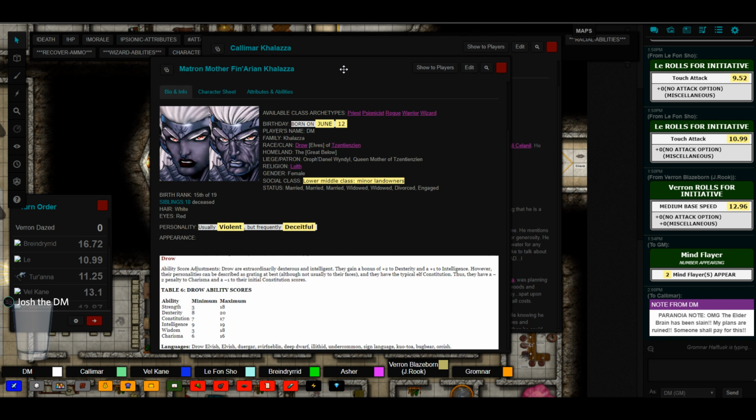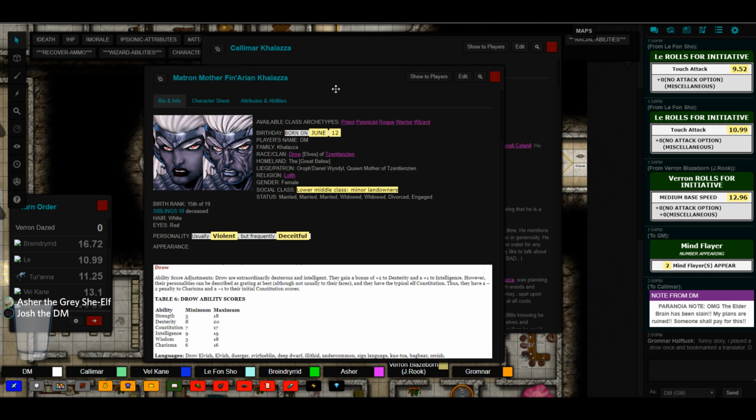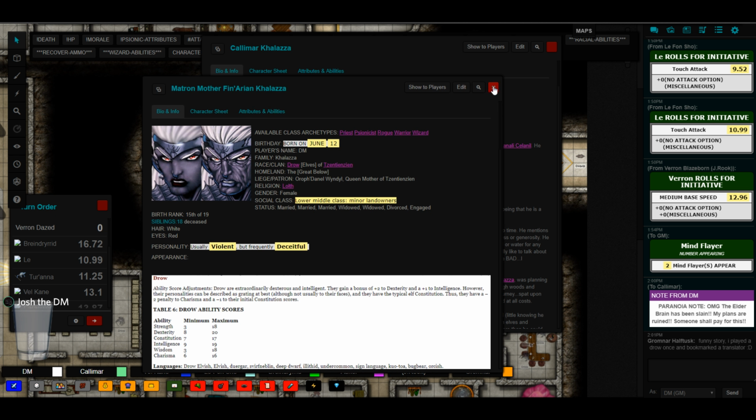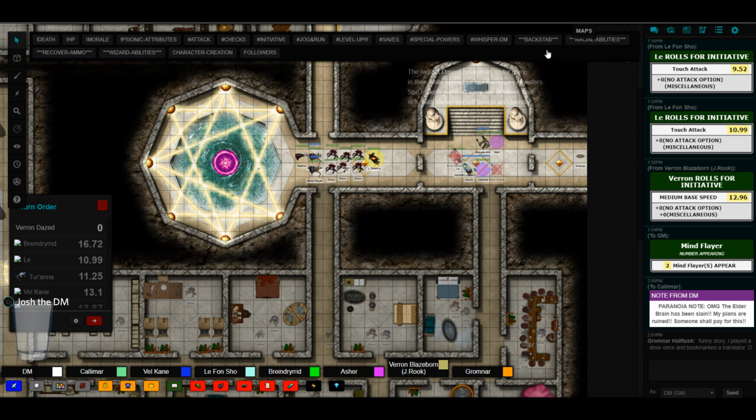It's Matron Mother Fenarion Kalatza, none other than Calamar Kalatza's mother. The one who trapped him in the closet and beat him all through his childhood and made him feel inept and just useless and terrible. And she's in a mouth-frothing rage right now. She's waving her arms around and spittle is spraying out of her mouth as she's screaming,